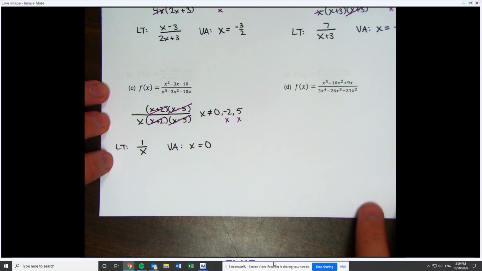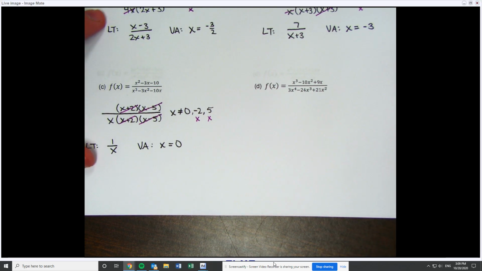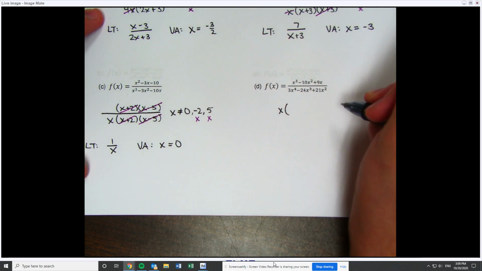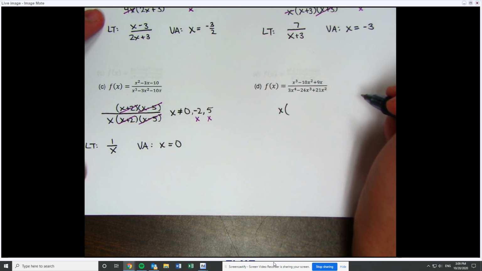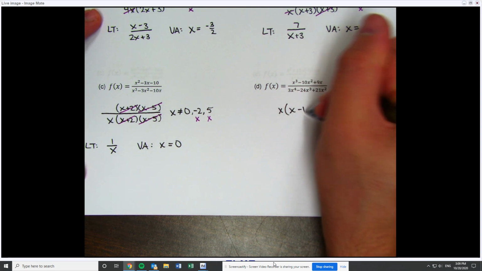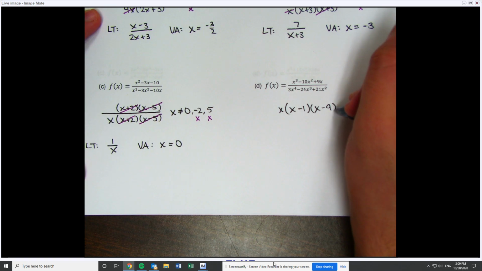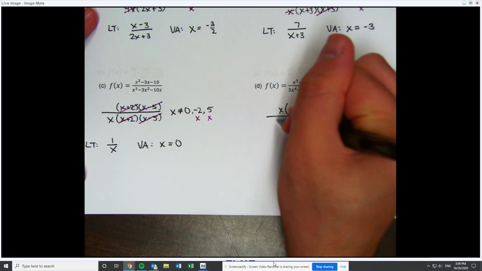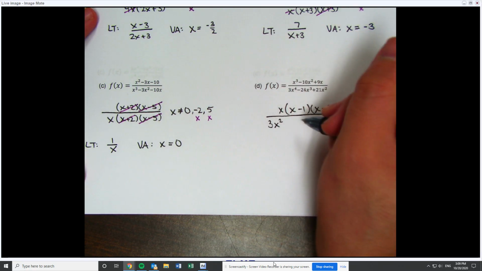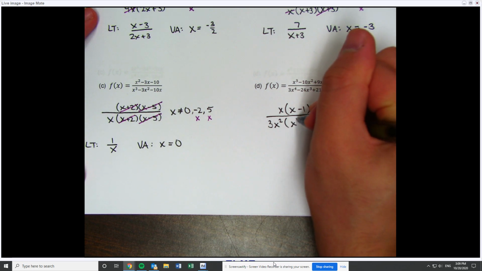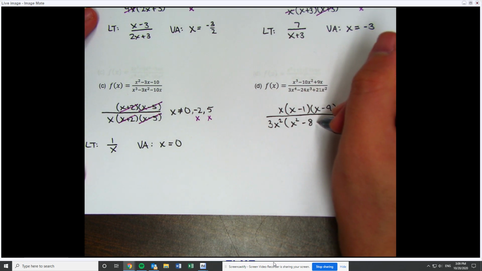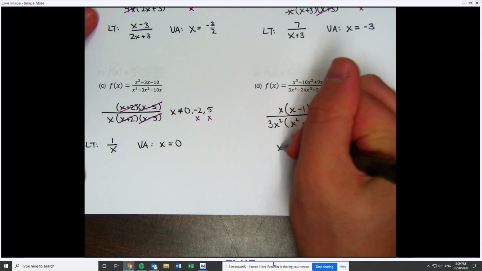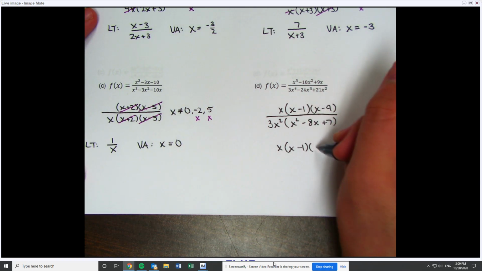Okay, time for the last one. So for this last one right here, I see I can remove an x from everything, and then I can do the ABC method. In the ABC method, I have x minus 1, x minus 9. For my denominator, I see that I can divide everything by 3. So I can take a 3, and then I can get x squared out as well. That's going to give me x squared minus 8x plus 7. Doing the ABC method on this now, I have x minus 1, x minus 9,